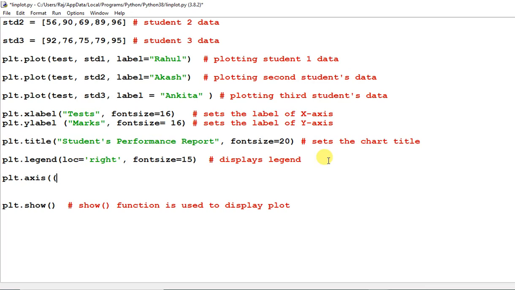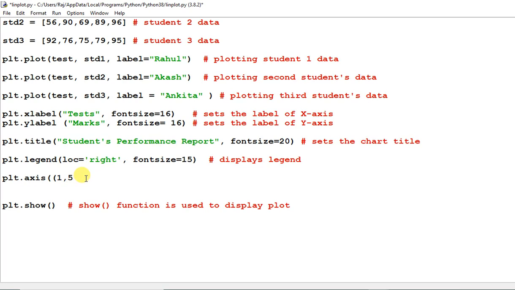So I am passing a tuple here. Suppose the first two arguments are for the minimum and maximum value of the x-axis. Suppose 1 comma 5, so 1 is the minimum value for the x-axis and 5 is the maximum value.